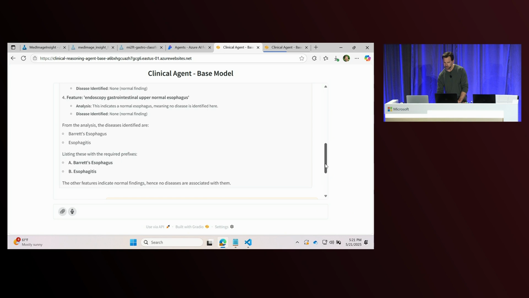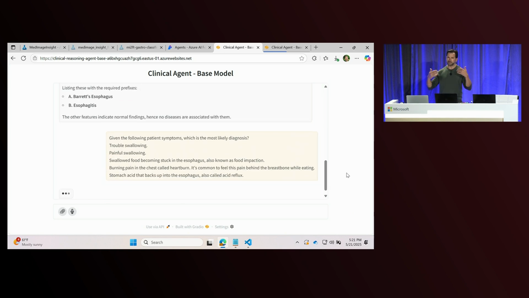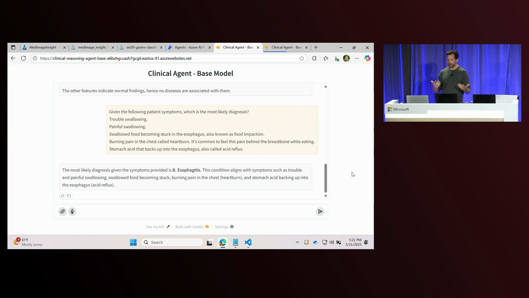And the agent will then manage the session state automatically with everything that is captured from the image before, enrich it with the additional information from the patient's symptoms as well, and then correlate that and come back with a more reasoned solution or recommendation as to what it could potentially be. In this particular case, it's recommending esophagitis,